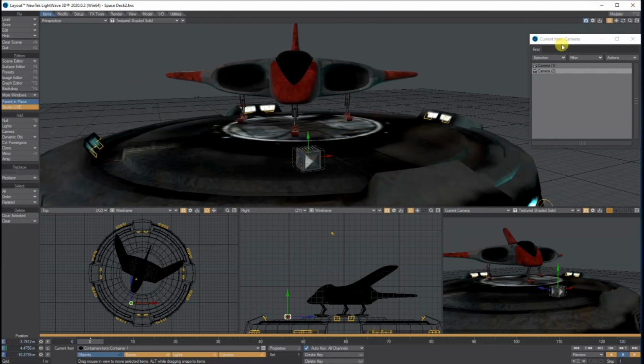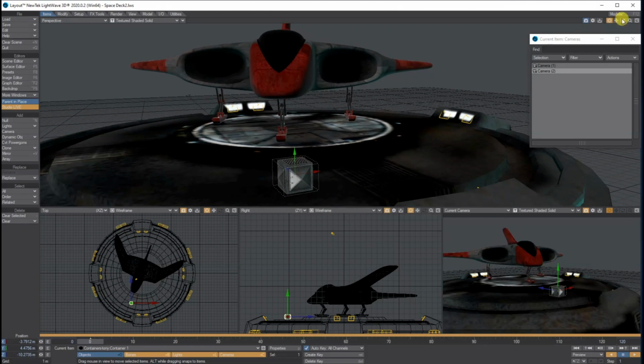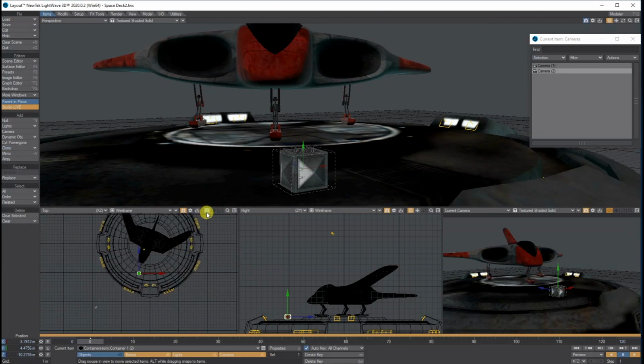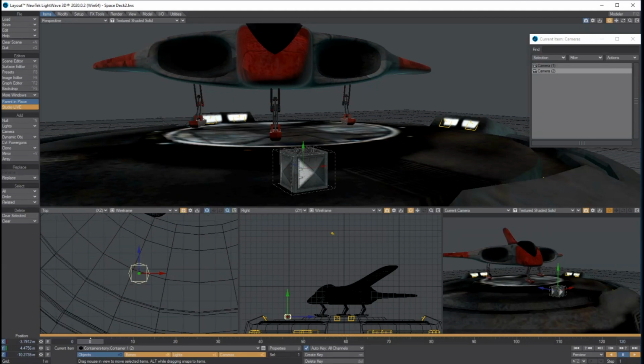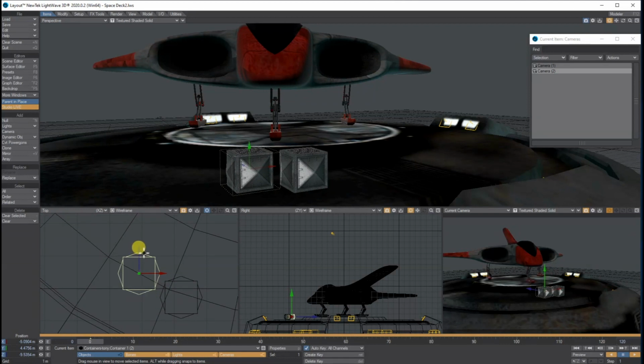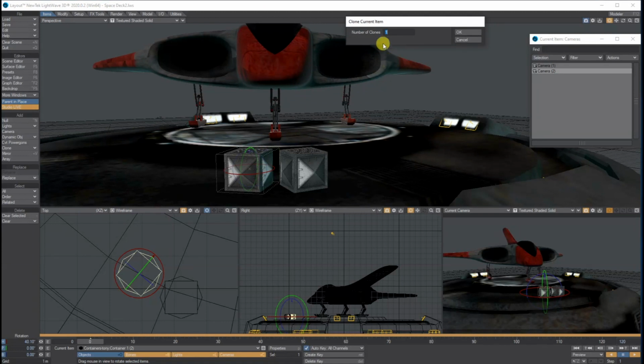If I click on it, let's have a look. Here's my actual little space container that I created. So I want to clone that a few times, so I'm just going to maybe do it 3 or 4 times. Under item, I'm just going to clone it once, and then in the top view I'm going to click this little button here because it targets the center of the actual figure. I'm just going to move it into position, switch to rotate by clicking Y on your keyboard, and let's say I'm happy with that.